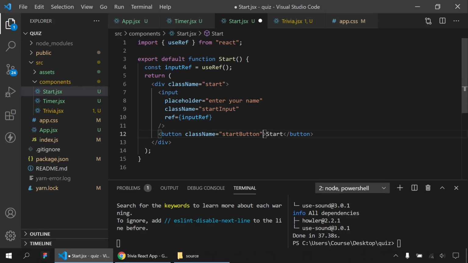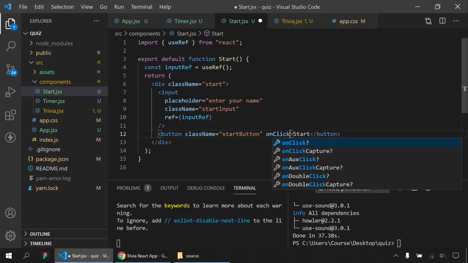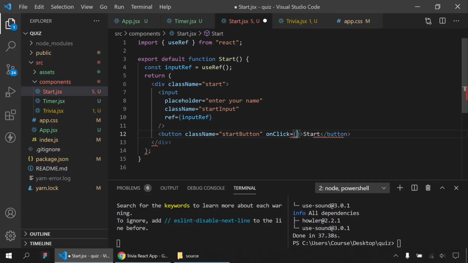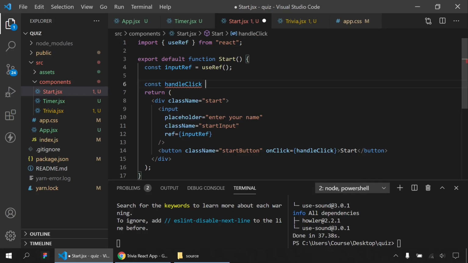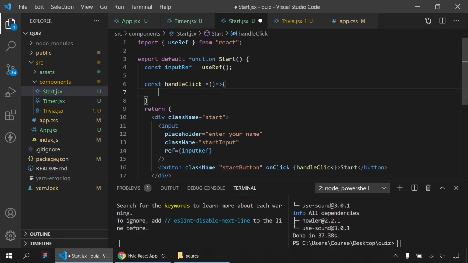So for here, when I click this, on click, I'm gonna update my username. Let's write here handle click, and I will create this function here. const handle click,